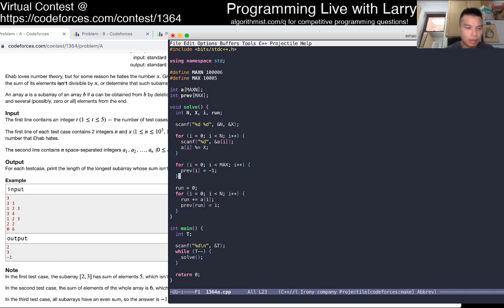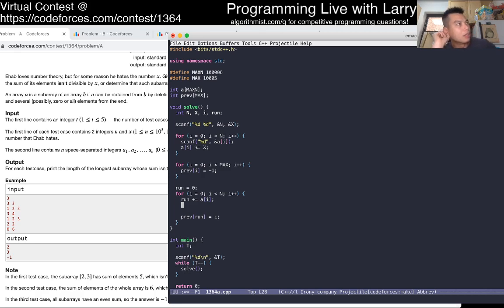Okay, and then now, well, so what does the earliest thing that gives you 0 tell you? Oh, and this should be this, and then so now we want to do something with previous of 1.